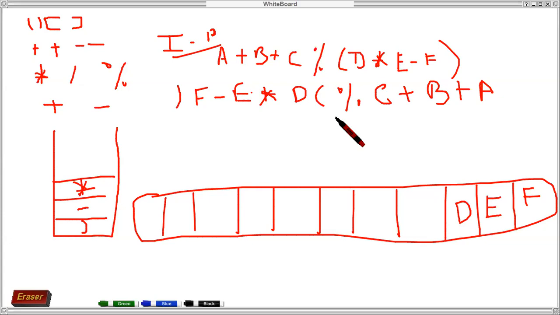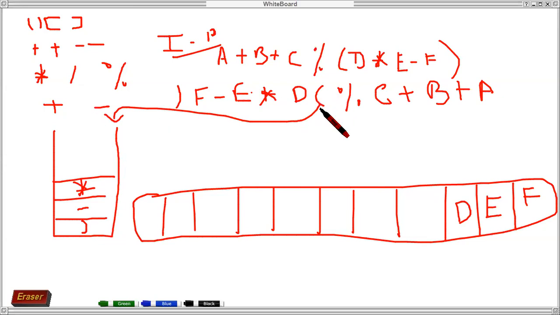Now we are encountering an opening bracket. When the opening bracket comes here, it sees what we have: multiplication and minus. Two operators are there. How many operators are supposed to come out? Let me see, what is your guess? Any idea? Anyone who would like to answer?